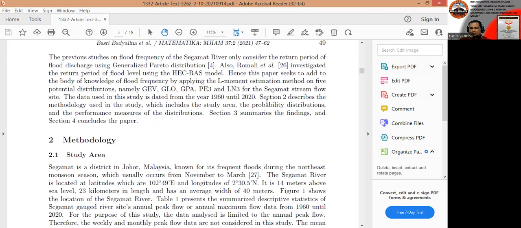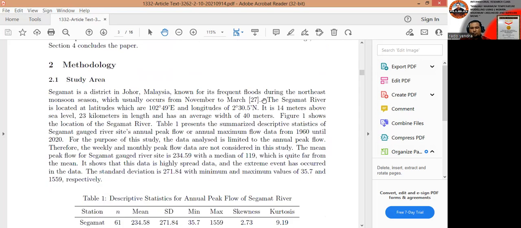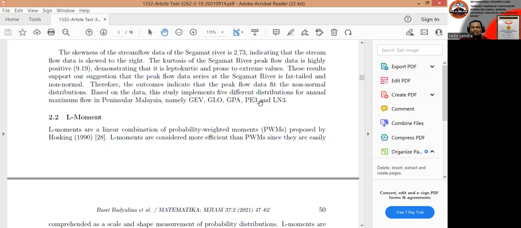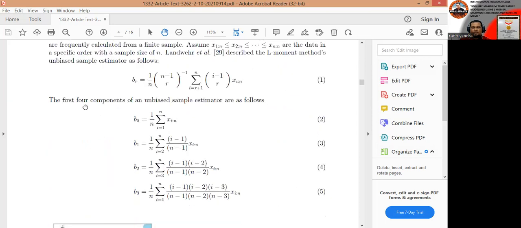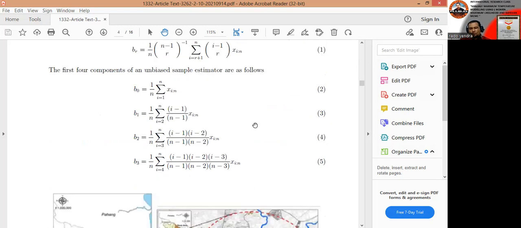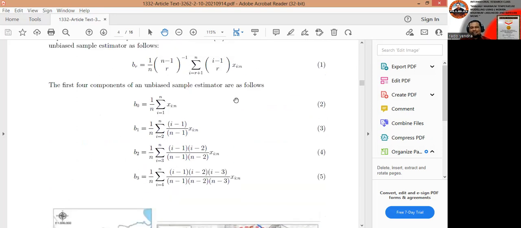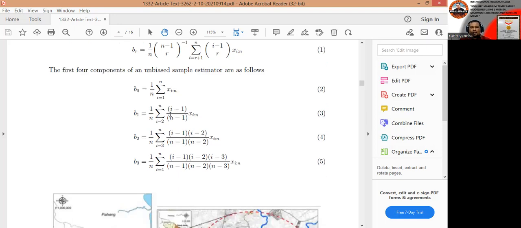Based on this research article, we can understand the L-moments depend on the first four components of unbiased sample estimators, like in equations 2, 3, 4, and 5. We can check here in equation 2, B0 equals 1 divided by n multiplied by the summation of the data. The data, we must sort from the smallest to the greatest. So if we want to find B1